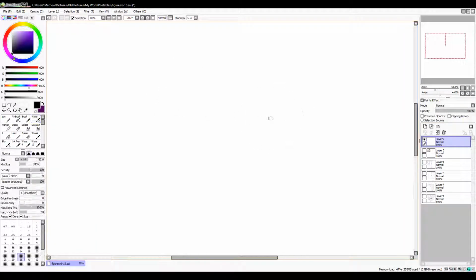So, new tutorial, in HD this time, thank you to whoever commented on it last time. Anyway, what we're going to be doing is talking about values and how to approach learning them. So, while I try to put together some abstract shape to work on, I'm going to go over